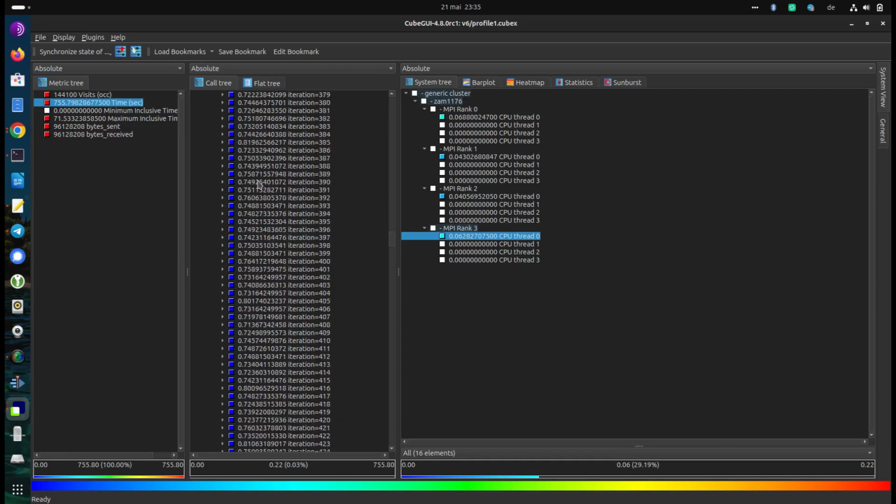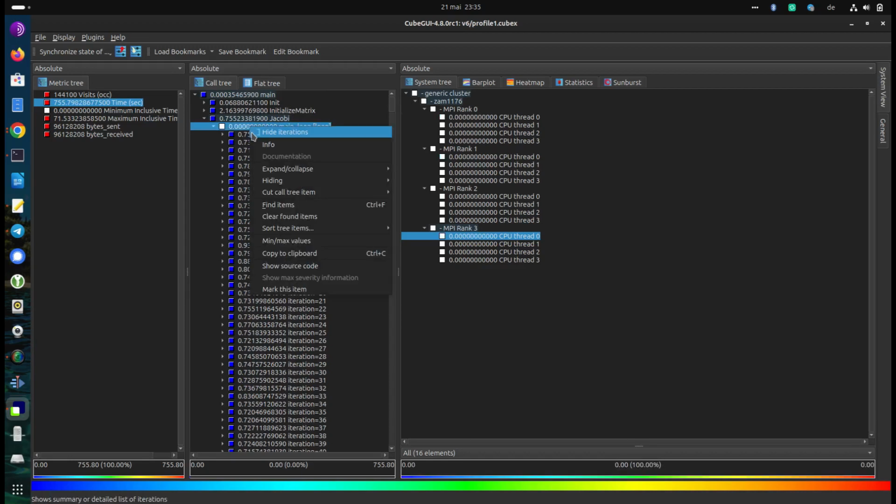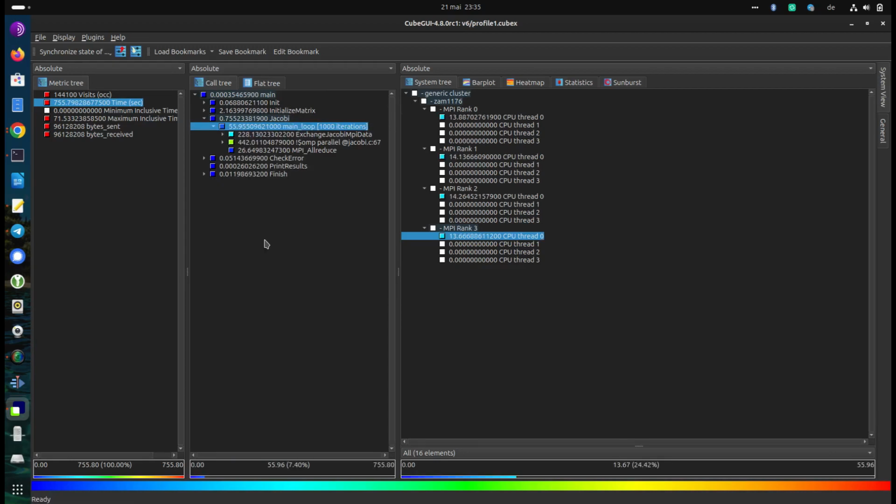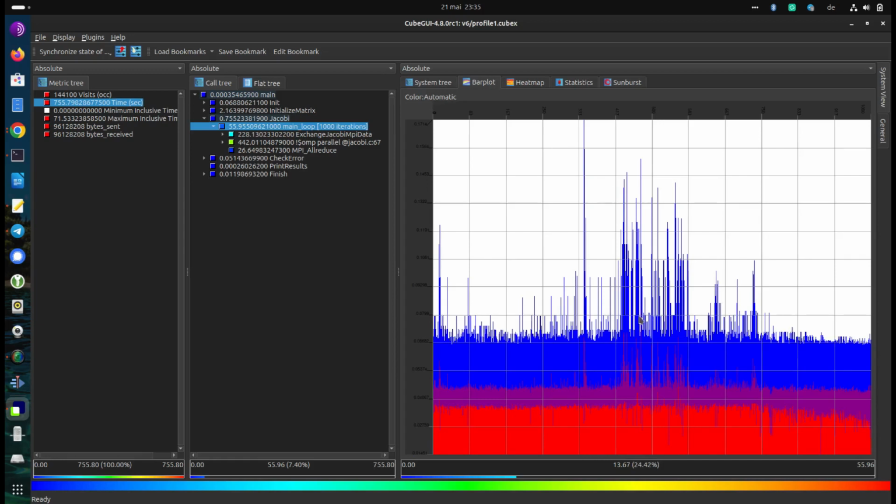And that's pretty much what this plugin allows you to see. So again, if we hide the iterations, we basically aggregate them. First we resolve them on the level of measurement, but then we aggregate them on the level of Cube. And the bar plot then allows you to visualize the dynamics of the metric, in this case time,